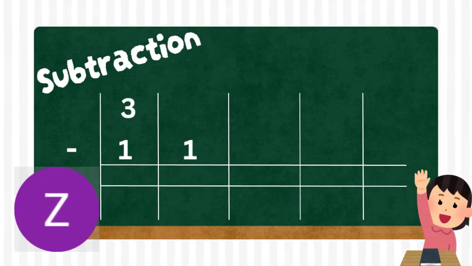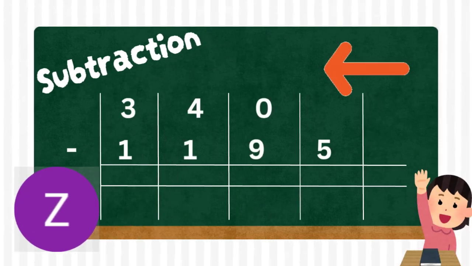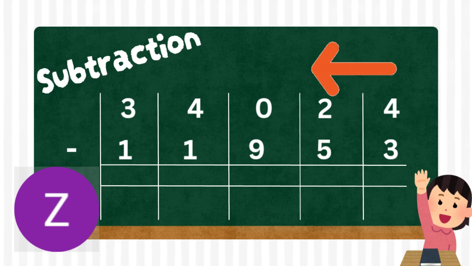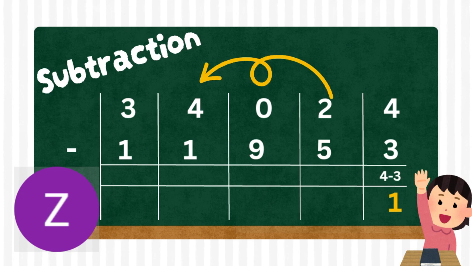When we subtract with a number that there is a 0 when we need to borrow, again we start from the unit side. 4 minus 3 is equal to 1. Then we have 2 minus 5, but we cannot minus 5 from 2. The 2 need to go borrow next door, but there's a 0. It cannot borrow anything from the 0, so it's now asking the friend on the other side of the 0 for a pen or a pencil.